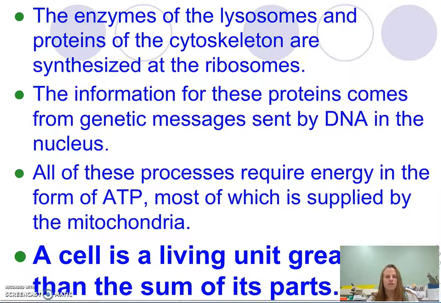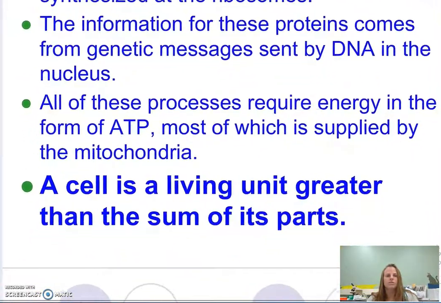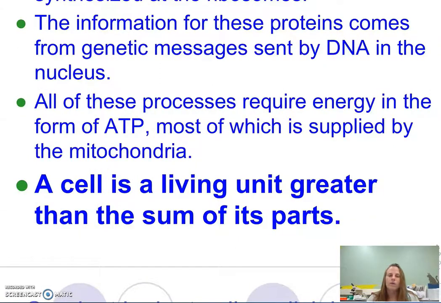All of these processes, any metabolic process, requires ATP. Where do we get that ATP from? Cellular respiration. Where is cellular respiration done? In the mitochondria. So while all of these organelles have individual functions, they also need to work together in order